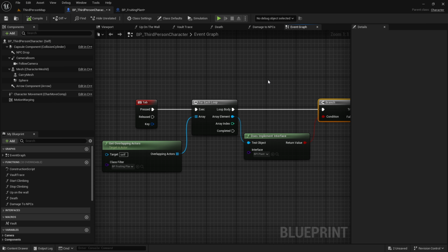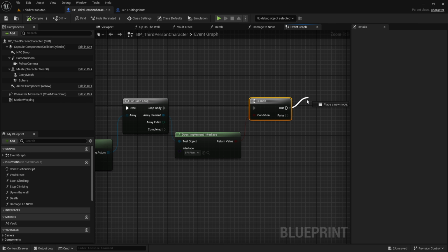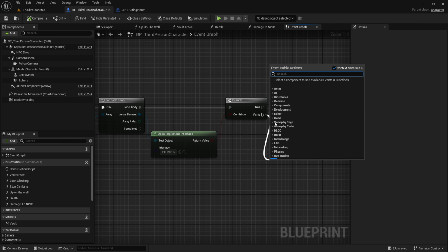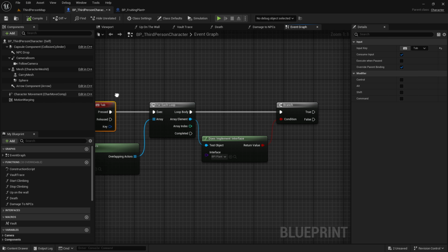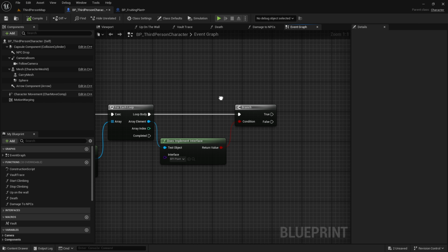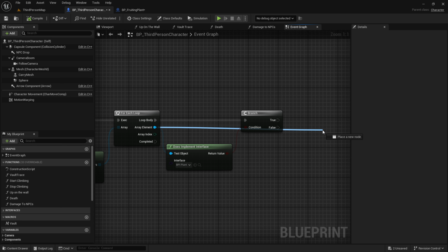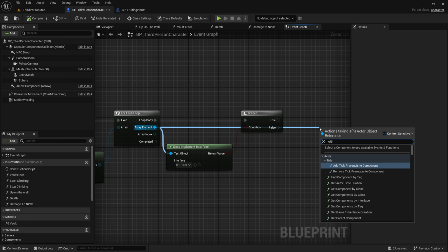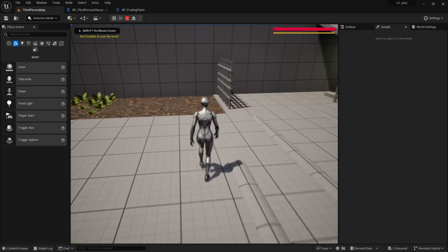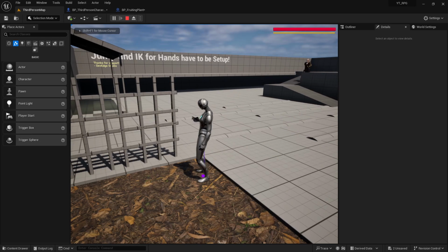So what this is doing here is checking if we are overlapping with our plant or not. If we are overlapping, it will do this stuff, or if not, then it will do another stuff. So we can use our Tab key for more purposes instead of just watering. So from true, what we are going to do is call our irrigation. So let me drag a node from this array element, and I will search on irrigate. And now let's give it a try, and there you can see, if I plant my seed here,